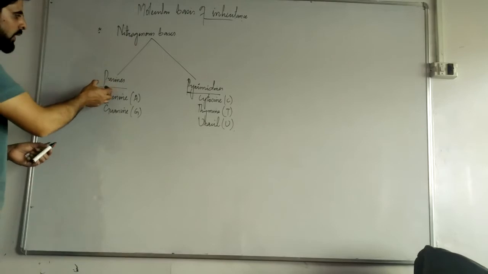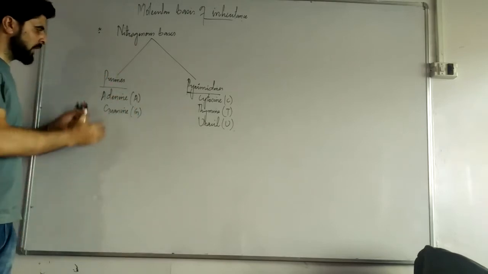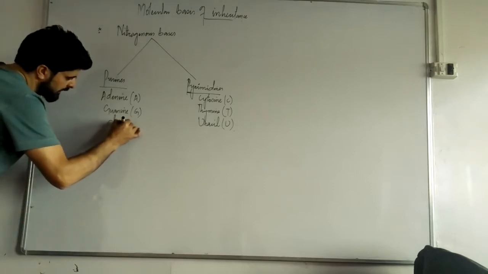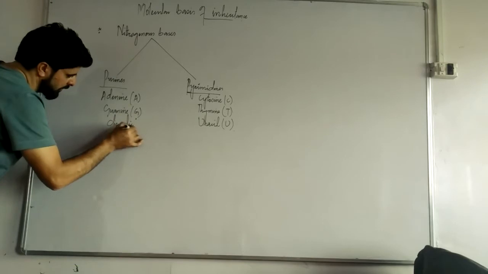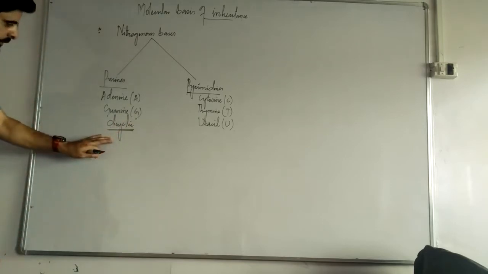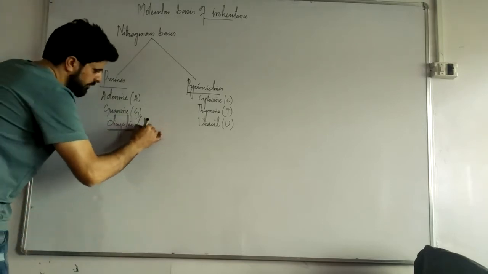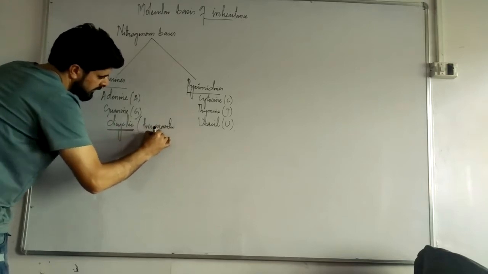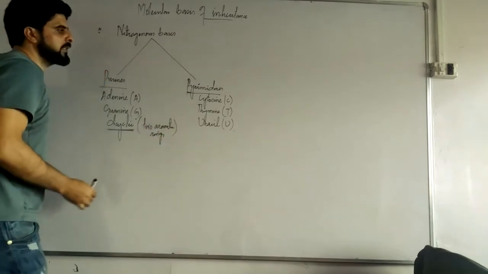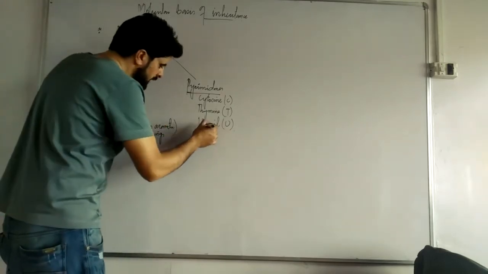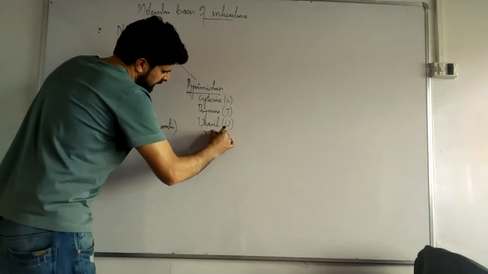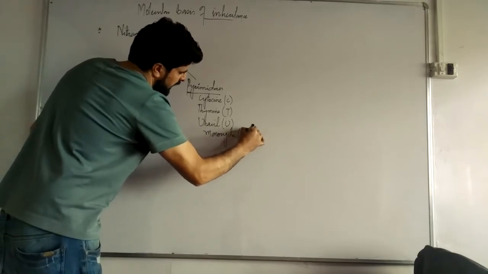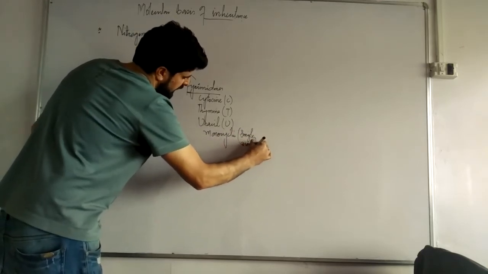Now let's see what the purines are and what the pyrimidines are. Let's take the purines first. Purines are dicyclic nitrogen-containing compounds. Dicyclic means they have two aromatic rings. In the case of pyrimidines, they are monocyclic. Monocyclic means they have a single aromatic ring.